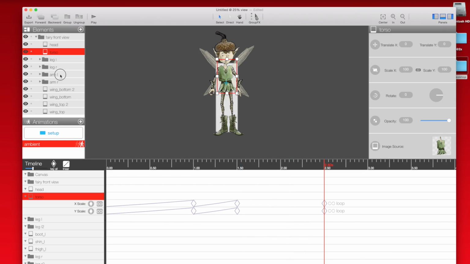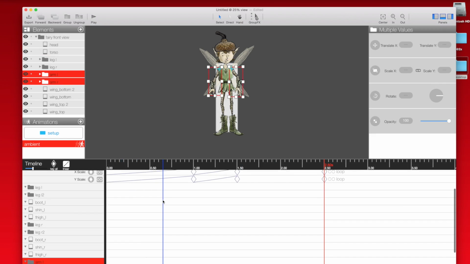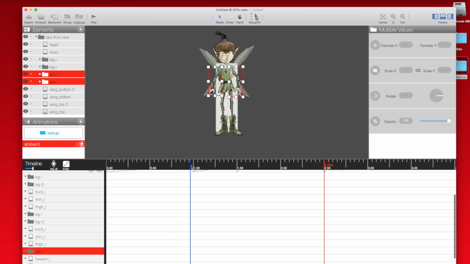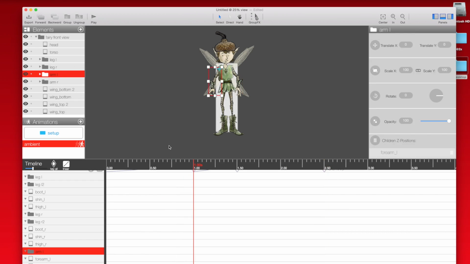That looks pretty good. The arms are not quite matching. I didn't put them in the same group. I want them to have a little bit of differentiation. I don't want them to grow. I want them to move with the chest, but not necessarily grow with the chest. So